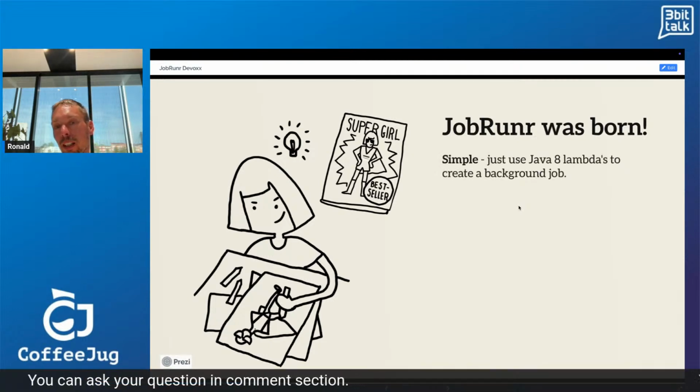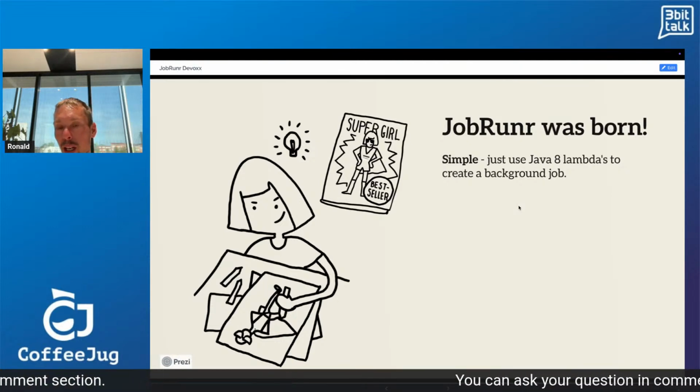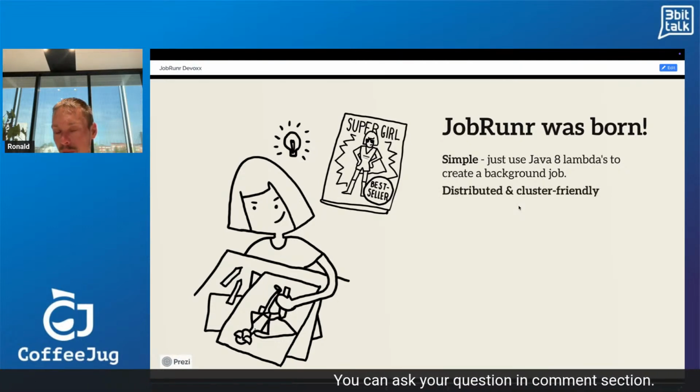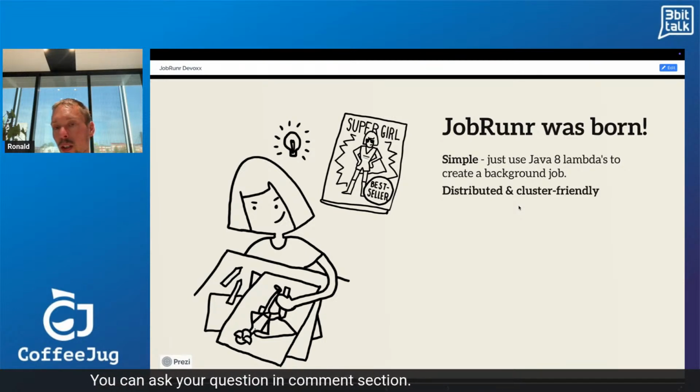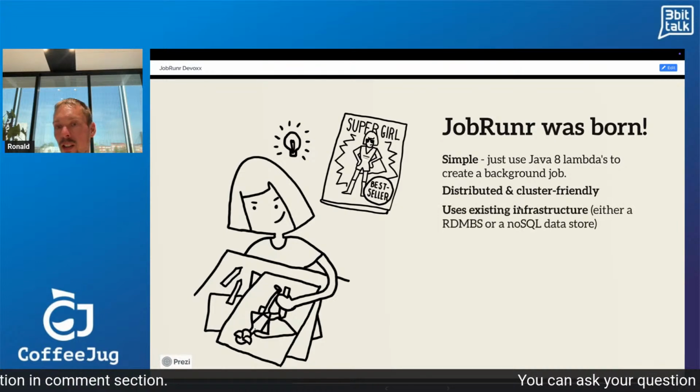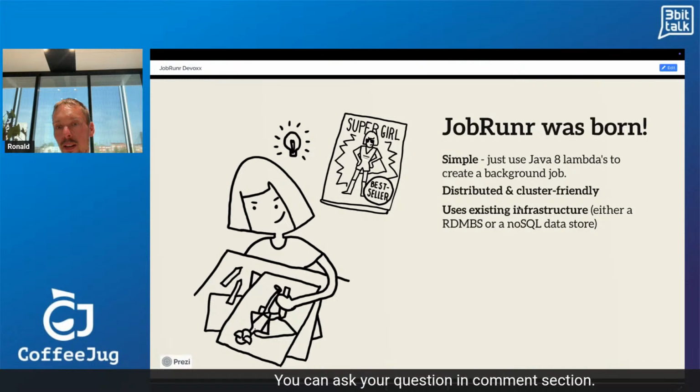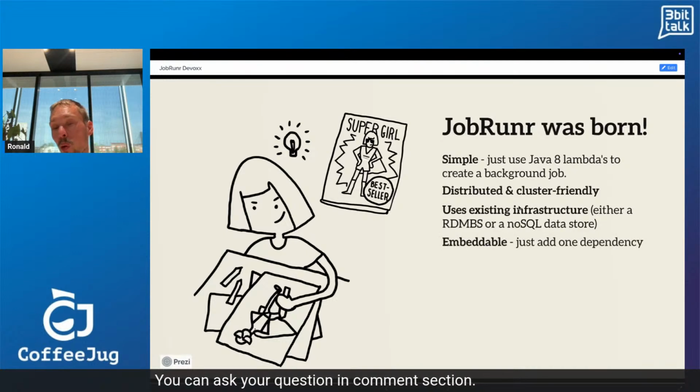And then I tried to make it as simple as possible. Just use a Java 8 lambda to create a background job. It's distributed and cluster friendly, so cloud native by default. It uses your existing infrastructure, so your SQL or NoSQL database. You just need to add one dependency.